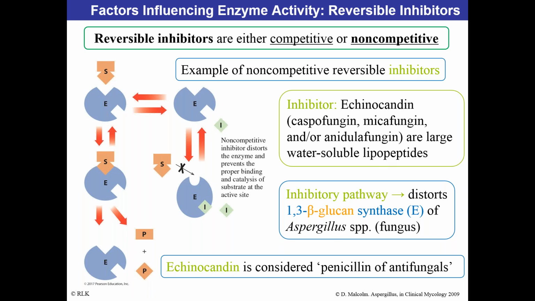So here's a good example of a class of antifungals known as echinocandins, and what it does is it creates its own table. It's like that chipmunk coming in and saying, look, I know that there is a competitive inhibitor that could sit at that table, but you know what? We're going to create our own, and it's still going to work, and it's going to work the way that we want. So it's a pretty interesting way of approaching a problem